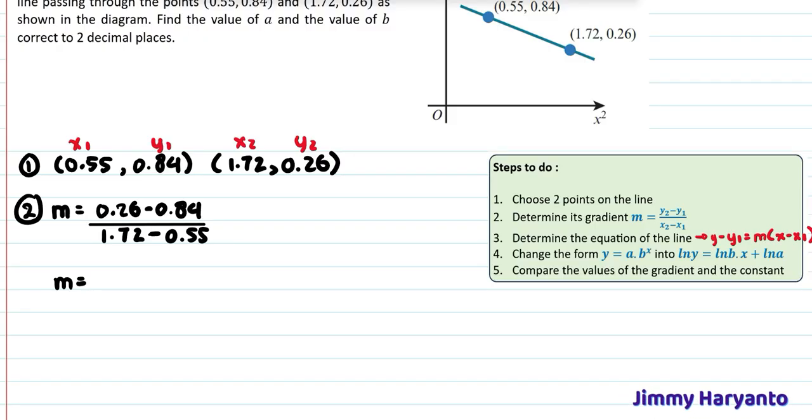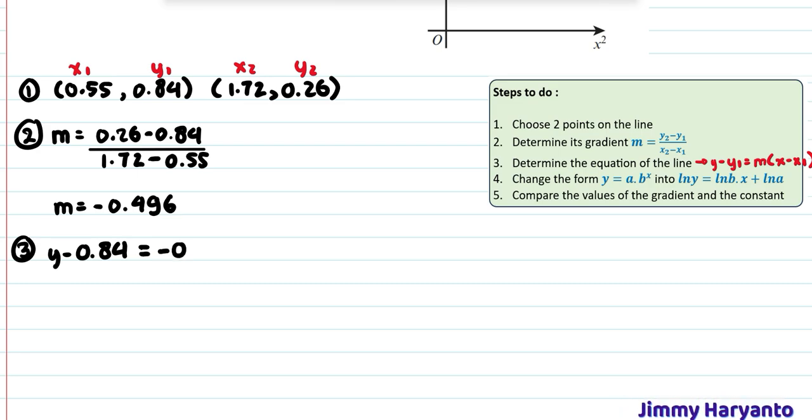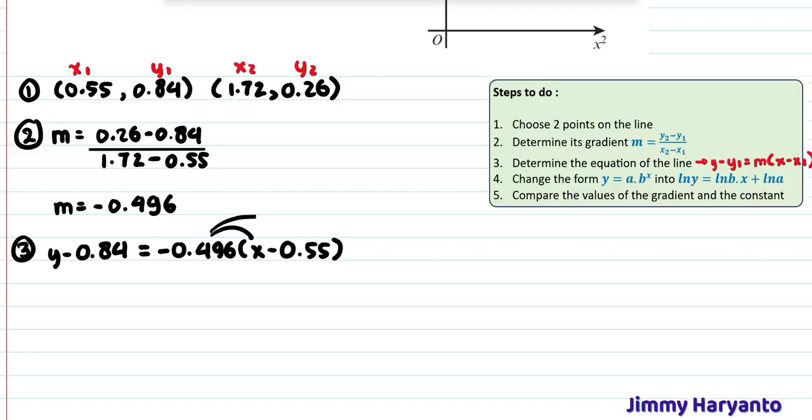The result of this one is negative 0.496. Okay, so this is our gradient. And then the third step is y minus y1 equals, let's input the values directly like this. So m is negative 0.496 times x minus x1. The x1 is 0.55, and then you have to multiply this. So y minus 0.84 equals negative